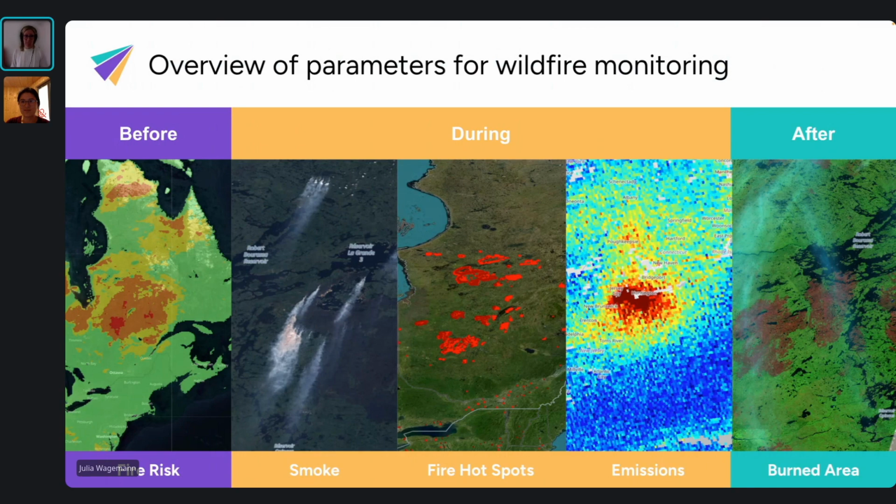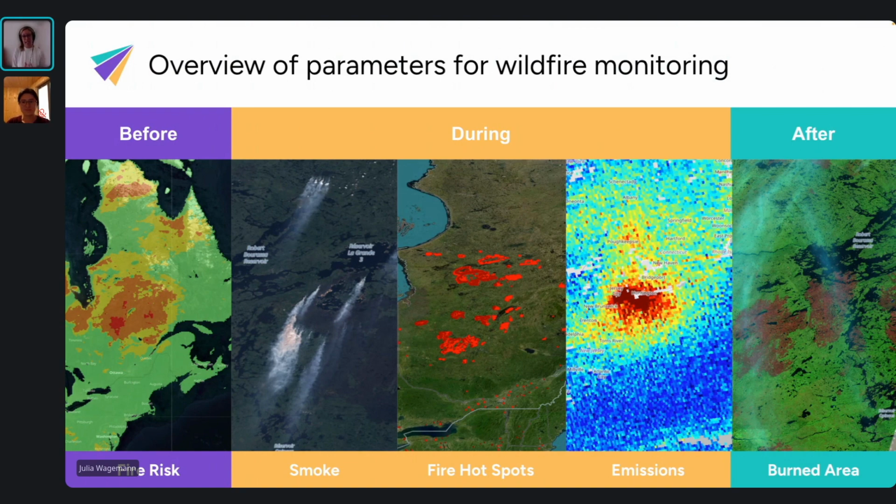getting an overview of some of the parameters that you can use for wildfire monitoring. So as Sabrina already said, along the wildfire life cycle, we have 3 stages. So before, during, and after. And during all these 3 phases, we have satellite data we can use to get more insights into what is actually happening. So in the first phase, before fire, we look for fire risk. So we have data, as Sabrina also showed in the reporting examples, that give us the potential fire danger or fire risk for the next days or the last 48 hours.